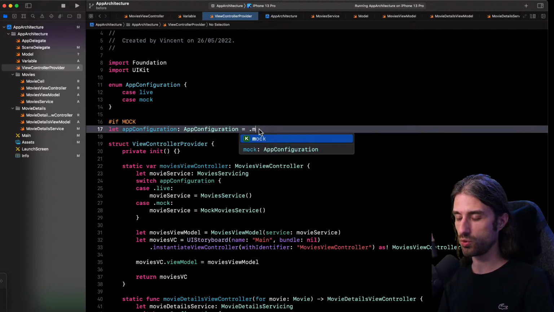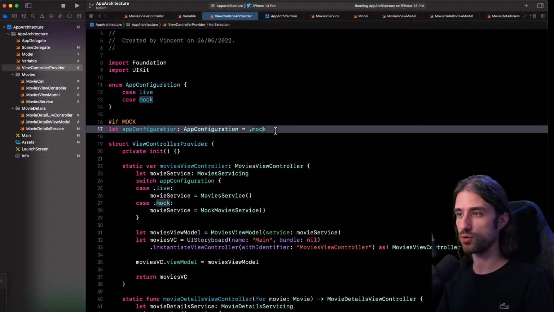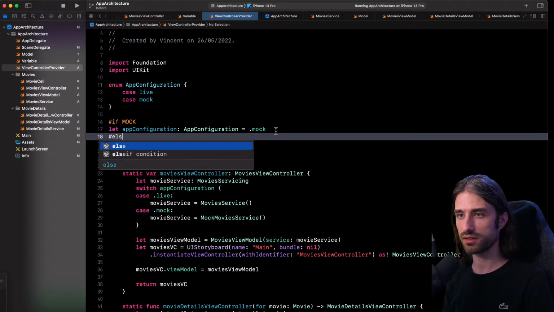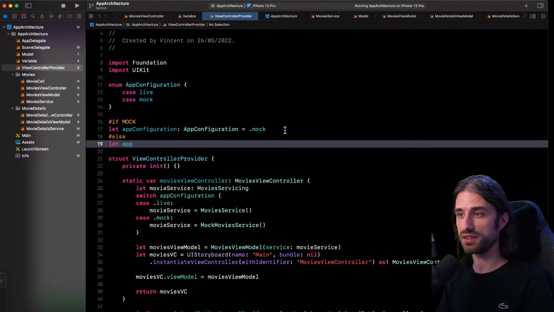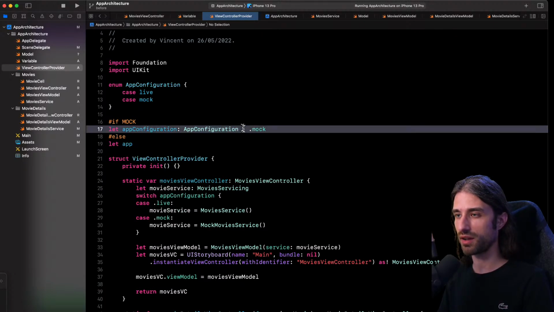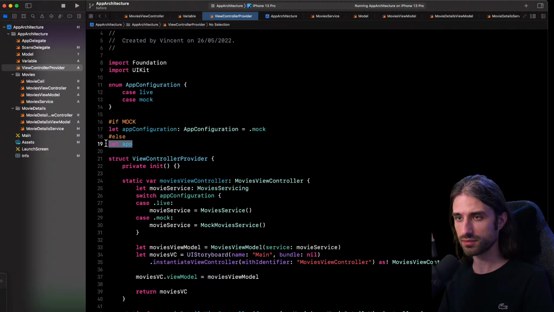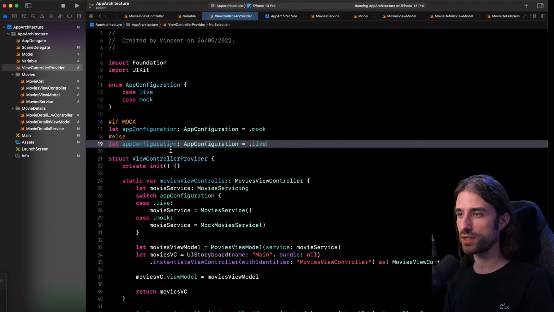And then inside my code right here, I'm going to say, well, when the flag mock is present, you build that code where I have the app configuration variable set with the value mock, and else, when the flag mock is not there, you still build this exact same constant, but this time the value will be live.